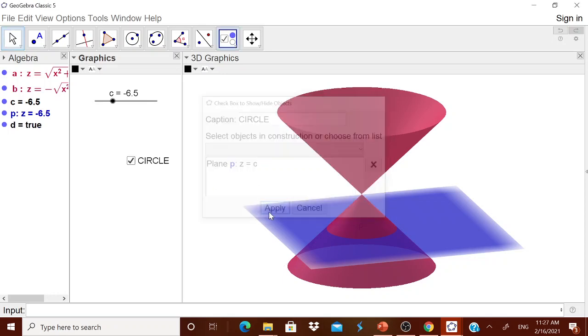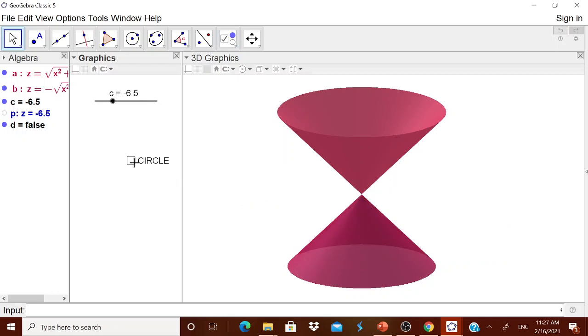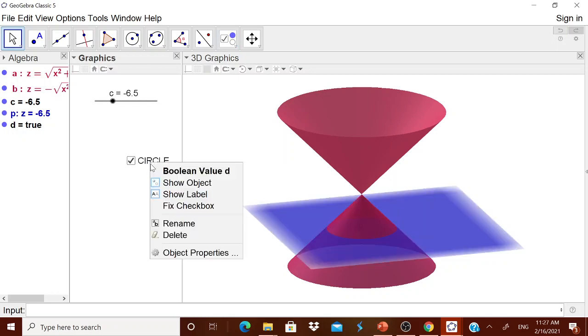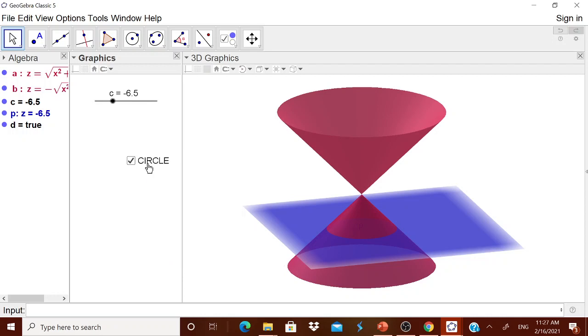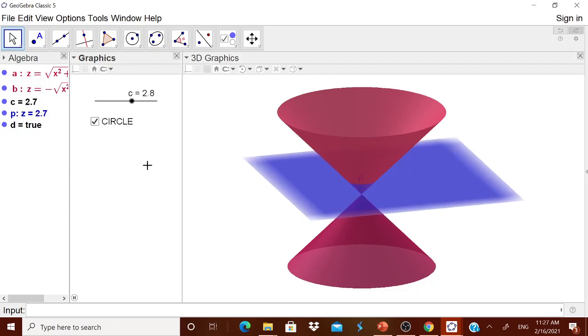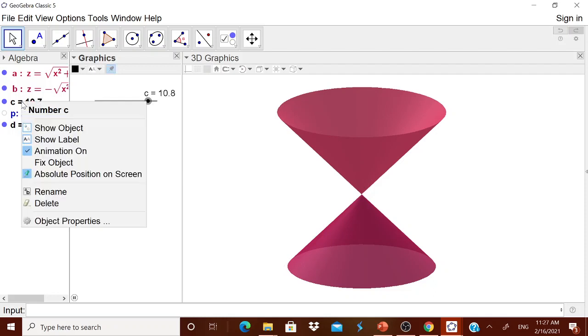Therefore, we can go to apply, then click it. When you click this, fix the object. I think I'm not fixing it. I'm putting it over here. When I put it, then I am going for animation on. Then the animation will start automatically. If I show the circle, then the circle will be shown. Well, now I am just closing it. I am stopping the animation also.